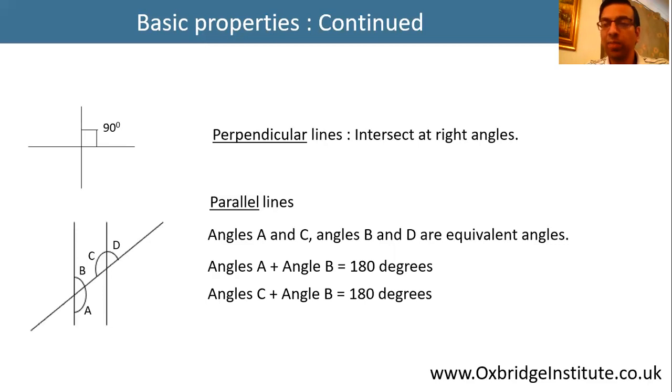This might sound a bit complicated, but have a look at the image. So we have two parallel lines which are being intersected by a common line. Angle B and angle C are the internal angles which are formed. So the sum of these angles will also be 180 degrees. Spend some time on this and understand these because if you know these concepts, you'll be able to solve a lot of the angle-based questions which come in the exam. Pause the video if you need to spend some extra time on this.